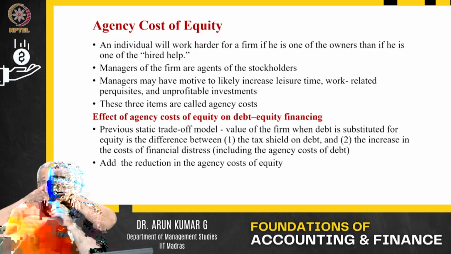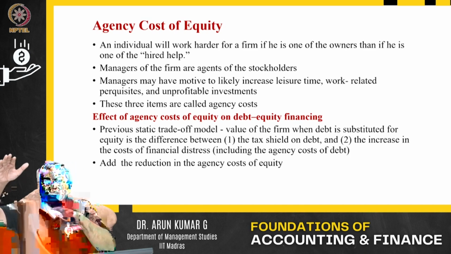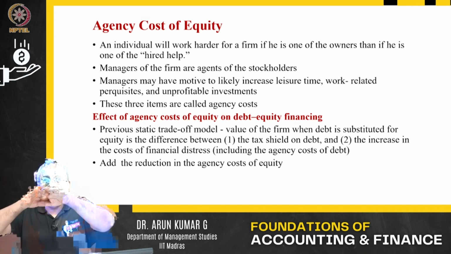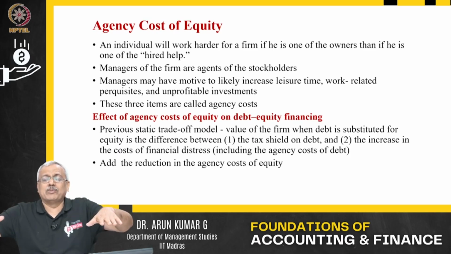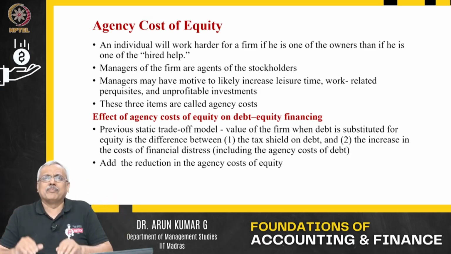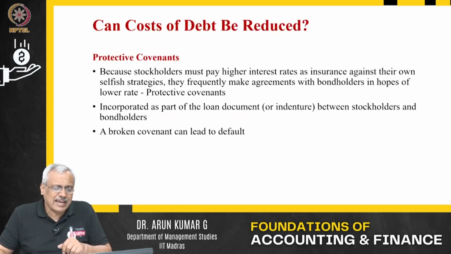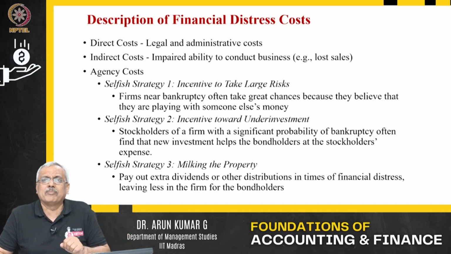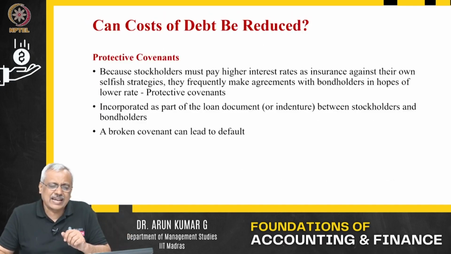Lesser and lesser is the agency cost problem. That is, if I am able to eliminate or minimize the agency problem in my company, the cost of equity can come down. If I am able to minimize what is called the bankruptcy distress cost in my company, my cost of debt can come down. So, these are